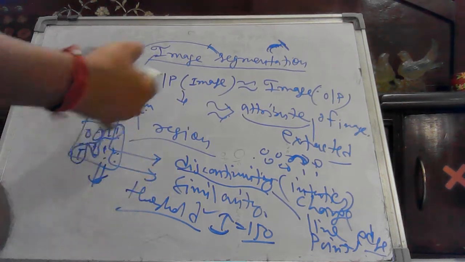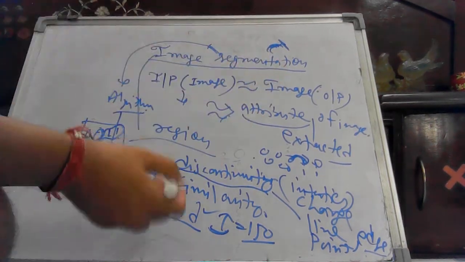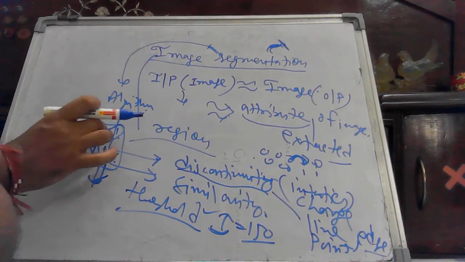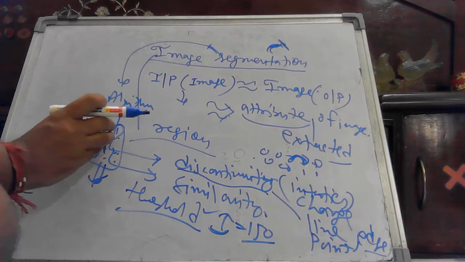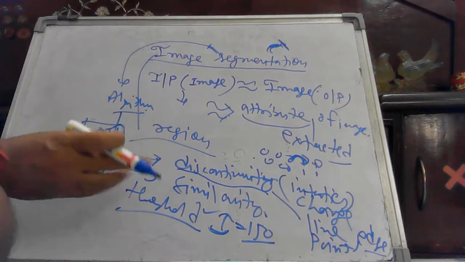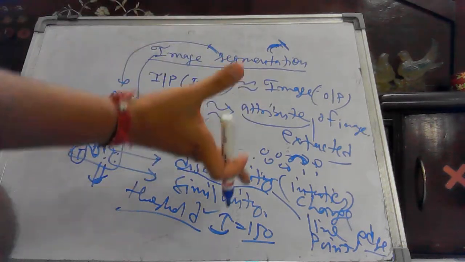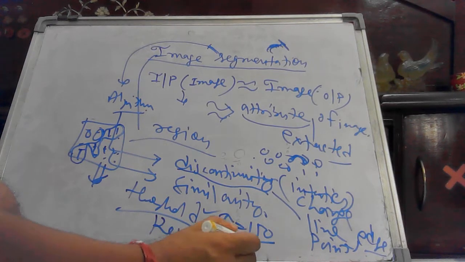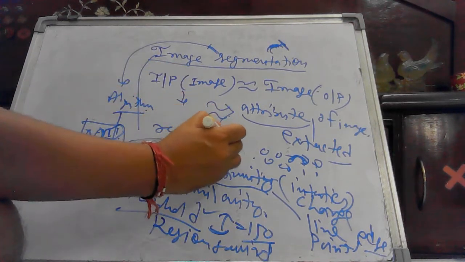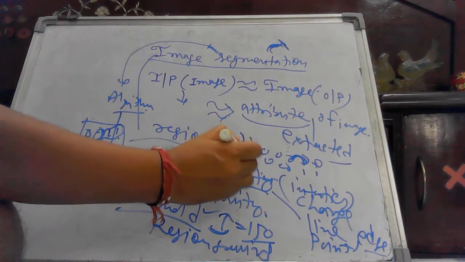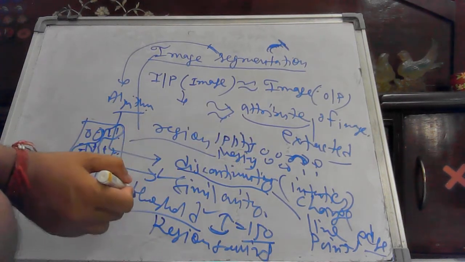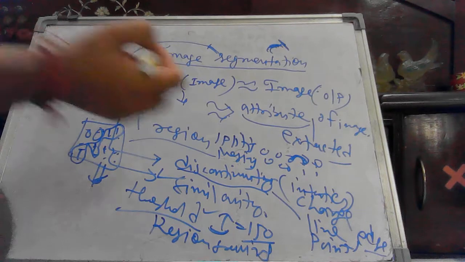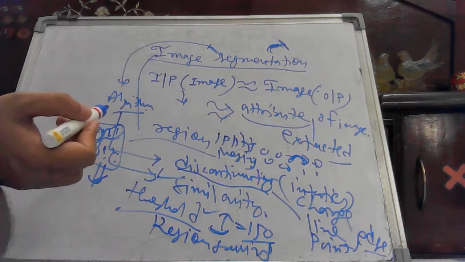Similarly, your similarity criterion could be based on something else. It could be based on a region growing approach. I will tell you later in this segmentation topic what region growing means, and how you make pixels similar by growing regions. Or a third approach could be region splitting first and then merging. So threshold based approaches, region growing approaches, and region splitting and then merging. These are the approaches I have told you for similarity.